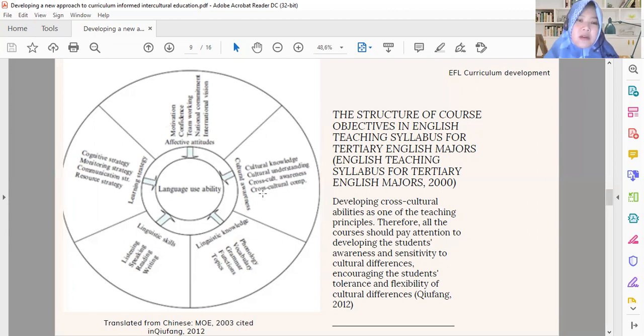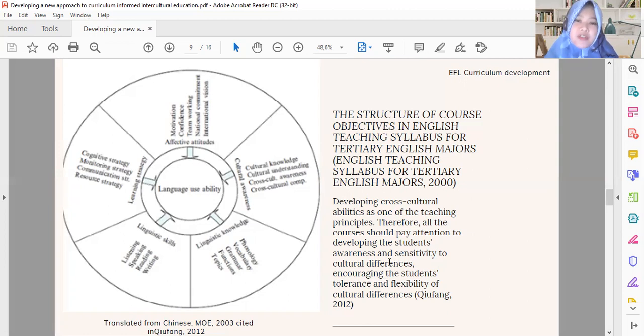So this is very interesting, I guess, such an insightful knowledge for other countries, which can apply curriculum informed intercultural education here.